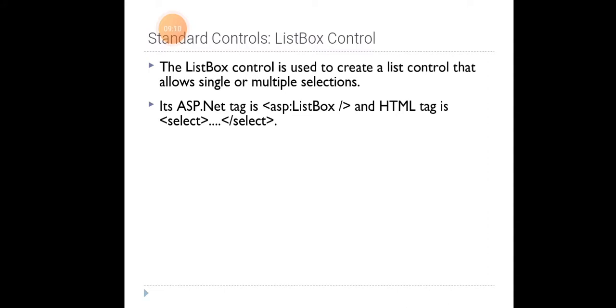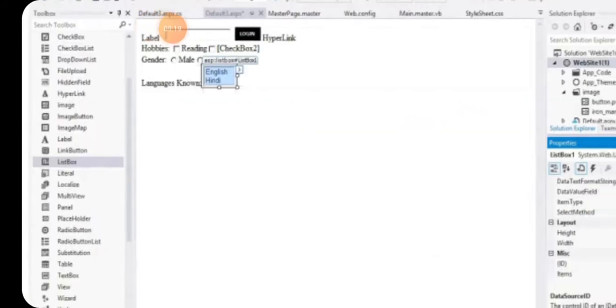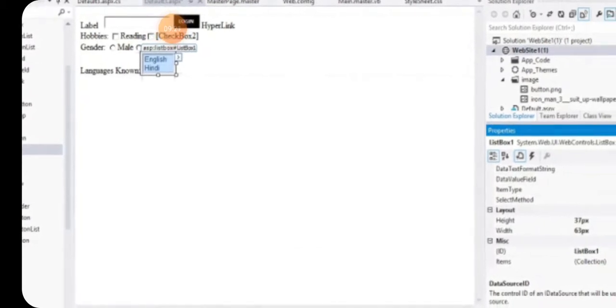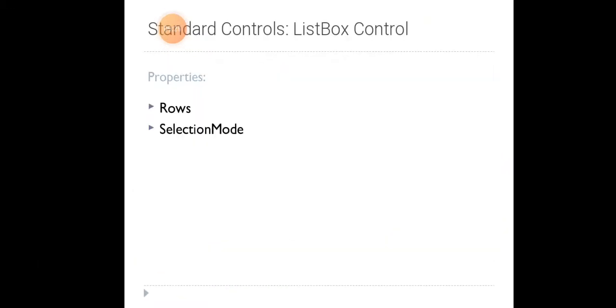Its ASP.NET tag is asp:ListBox and the HTML tag is select. Here is an example: the languages known. The list items are English, Hindi. The properties of the list box control are rows and selection mode.